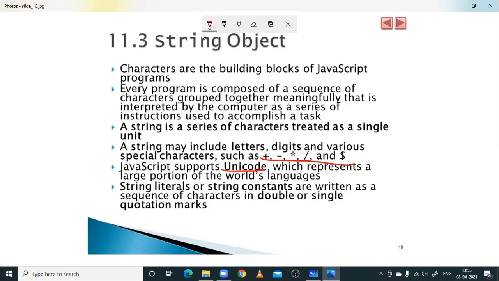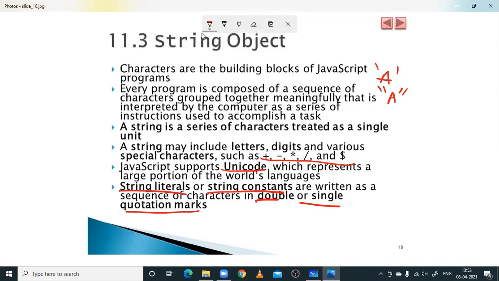And there are also string literals. They are keywords and constants, which are written as a sequence of characters in double or single quotation marks. Literals are nothing but single characters which are denoted under single quotes, something like this or something like this.